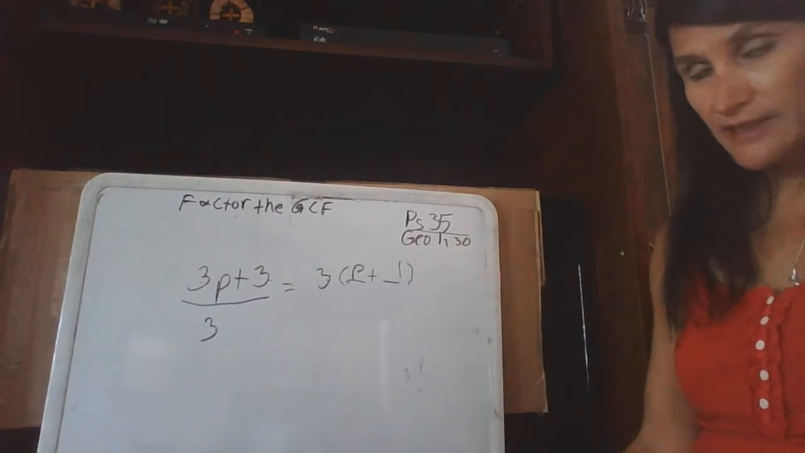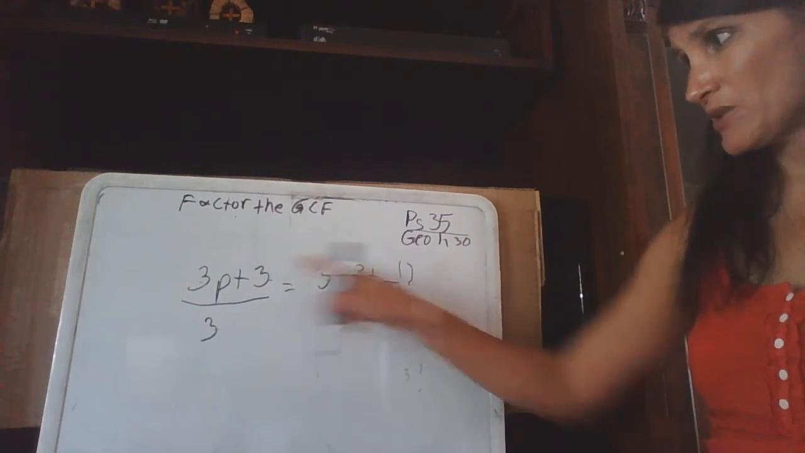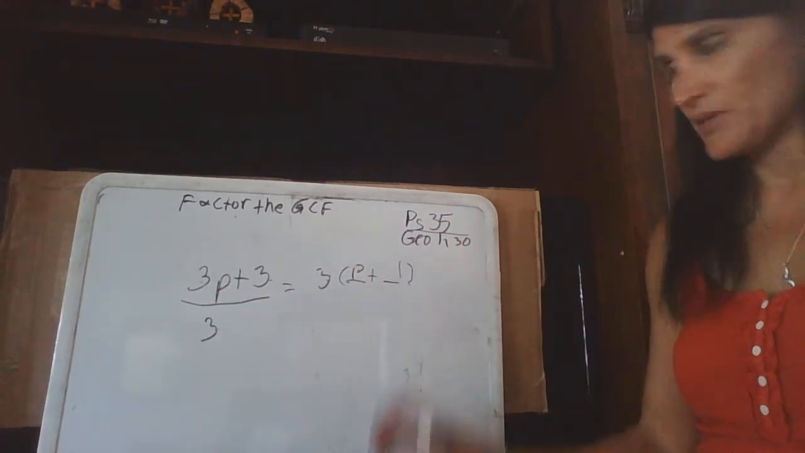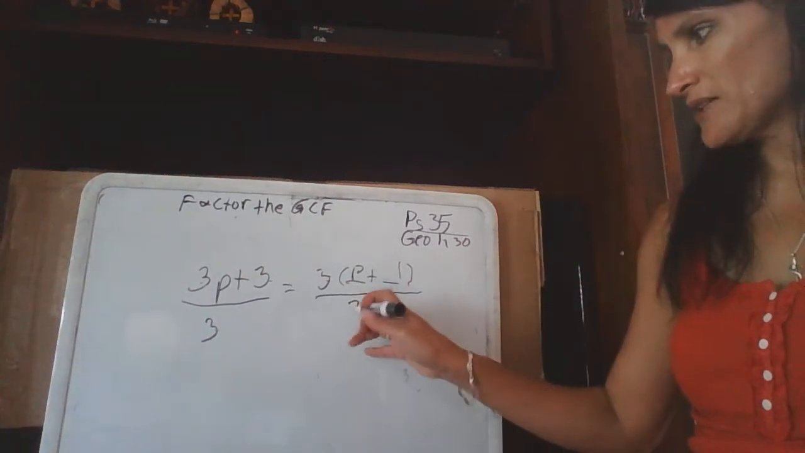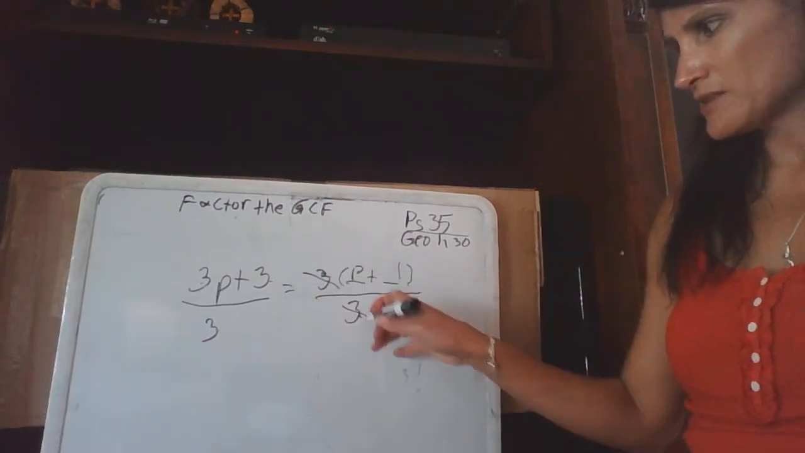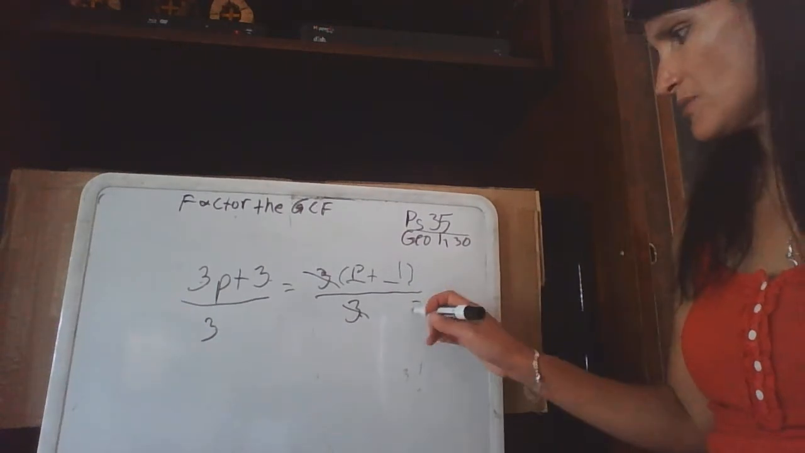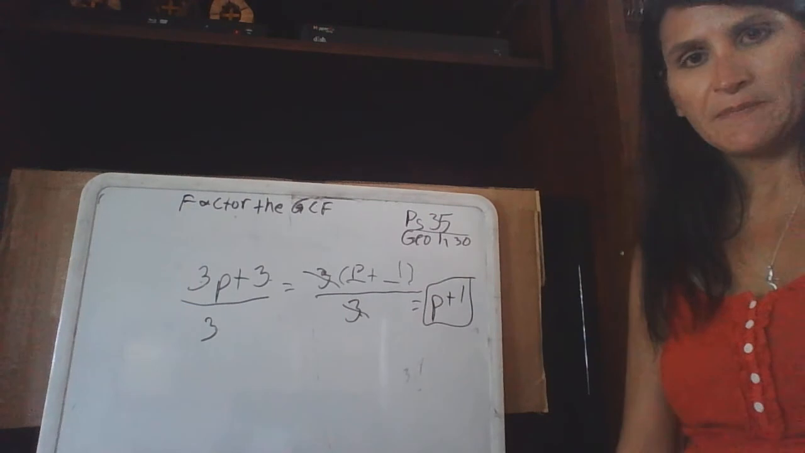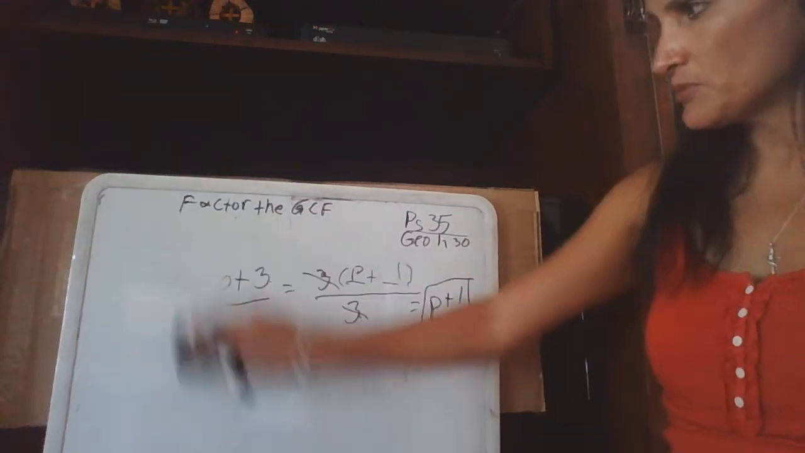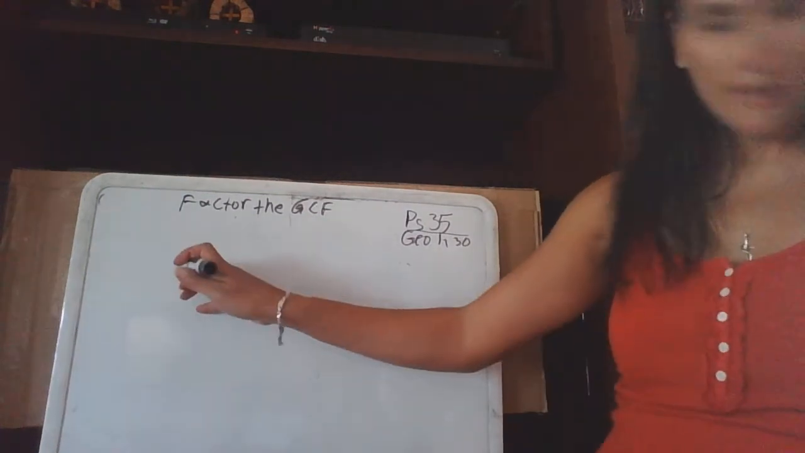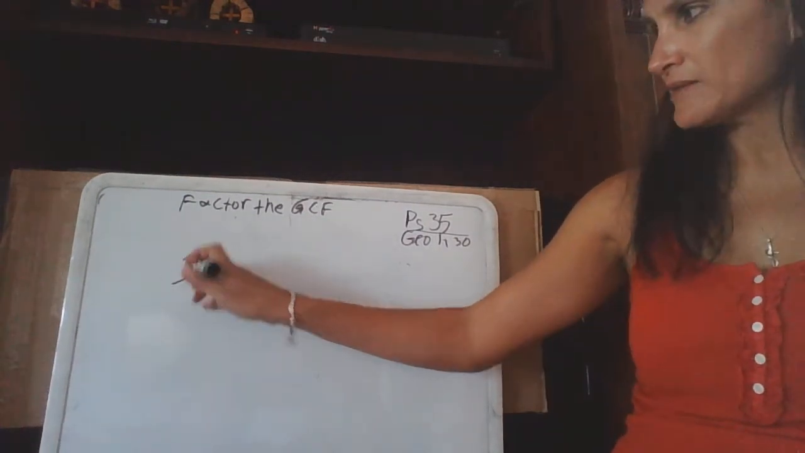Now I'm going to check it to see if it matches. 3p, yes. 3 times 1, 3, yes, it matches. Then I'm going to put my 3 on the bottom. Now I have a factor that I can reduce. So my answer is p plus 1. Okay? All right, let me do a couple more of those. I know this has been a long lesson. Okay, the next one, this is example 35.8,